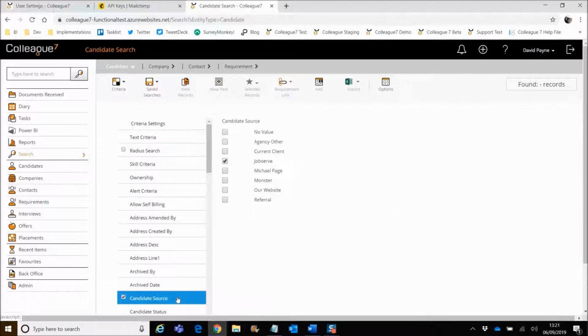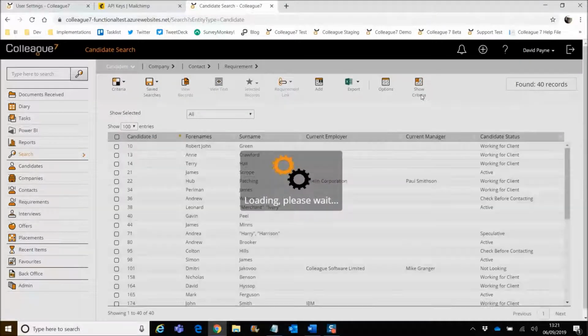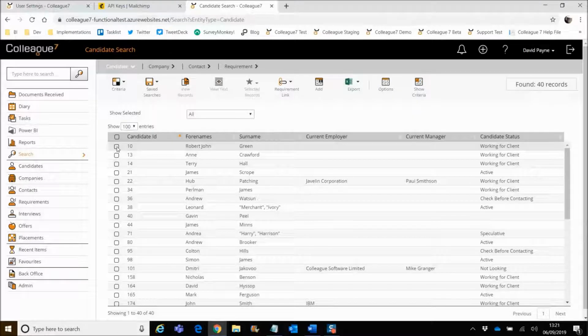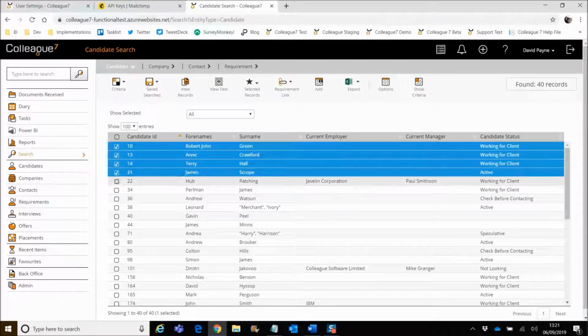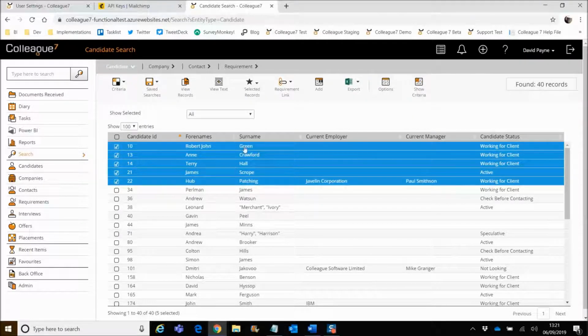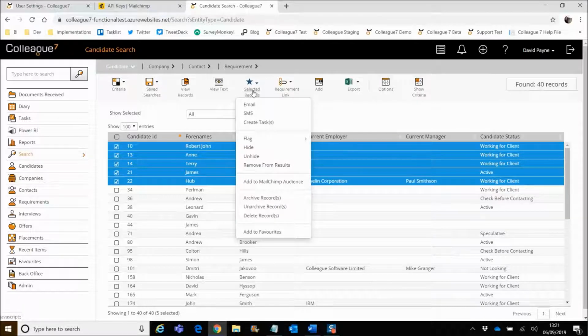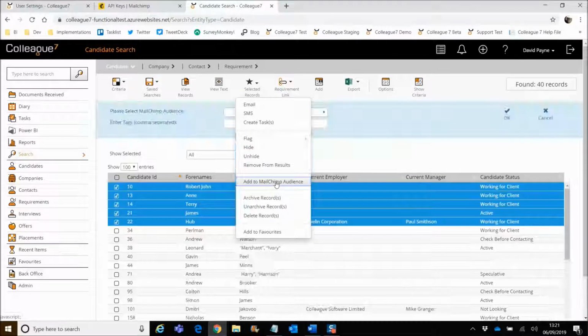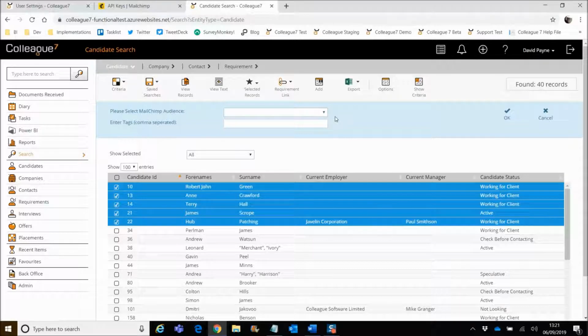And then when you do a search, say in this scenario, if we do a quick search here as an example, you can obviously select a group of candidate records. Off the selected records submenu, you have an option here for add to MailChimp audience. I've been referring to it as lists previously, but it's now referred to as audience, that's their terminology for it. But essentially what you're doing is selecting add to MailChimp audience, and from there you'll have a drop